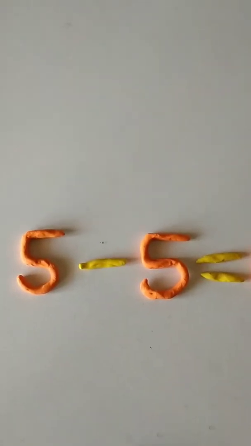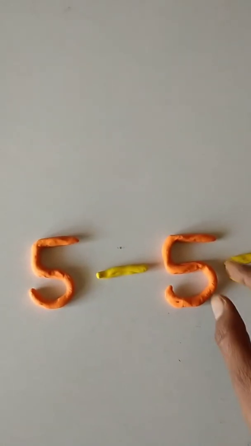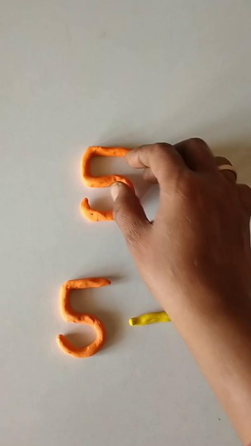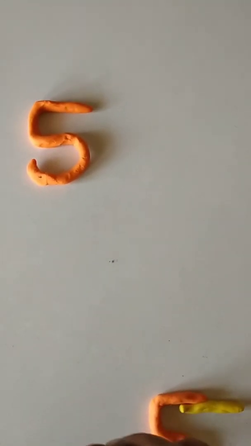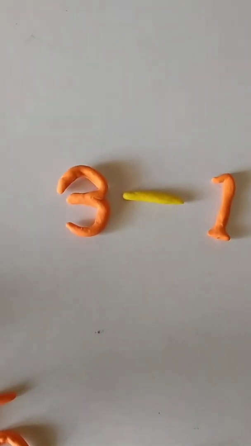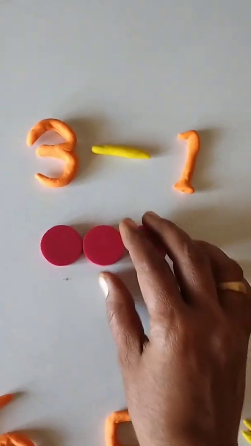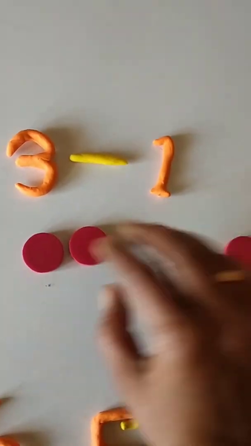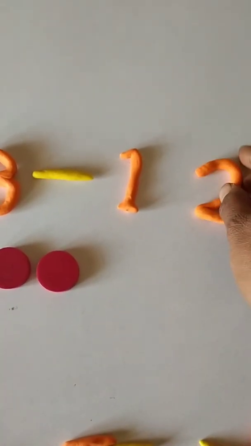And one more thing you should understand, children, in subtraction I have always asked you to remove the smaller number from the bigger number. Did you observe that? I gave you 3 minus 1, right? You remember? I gave you 3 circles, and then from this I asked you to remove only 1. So you get remaining as 2. So your answer will be 2.